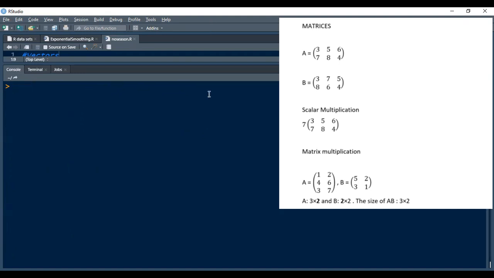The last part of this video is about the multiplication of two matrices. So let's define our two matrices. Here the first matrix is 7, 2 columns. The other matrix being